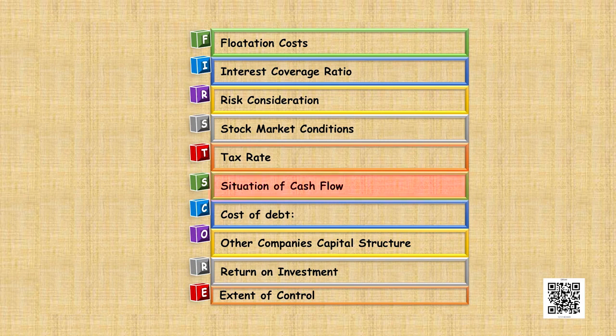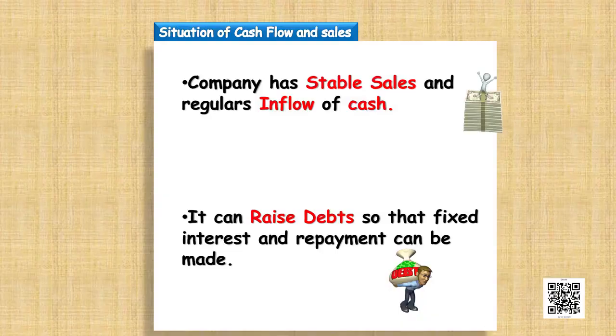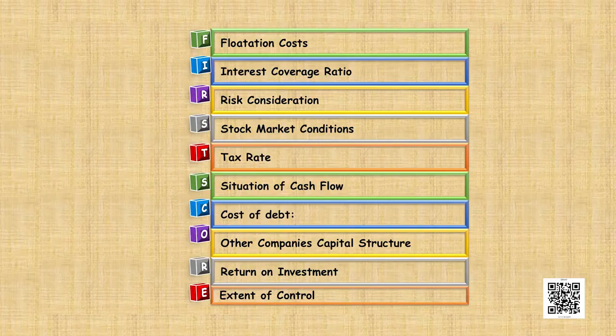Then we have the next point, which is situation of cash flow. That means what is the situation of cash flows in the company. If the company has stable sales and there is regular inflow of cash, it can easily raise debt because it can pay interest and repayment can be made easily with the cash flow with the company. But if the cash flow position is not good for the company, then we have the next point, which is